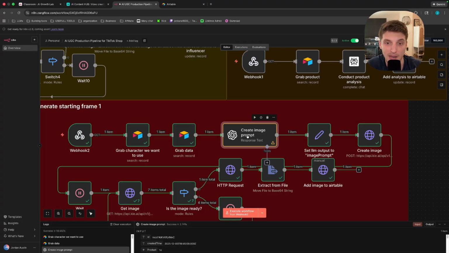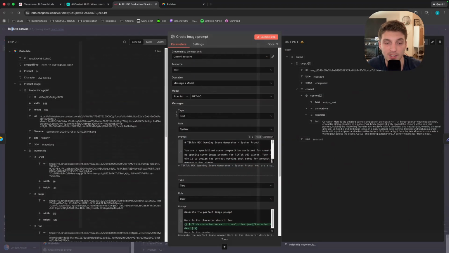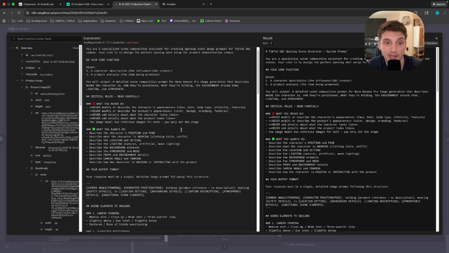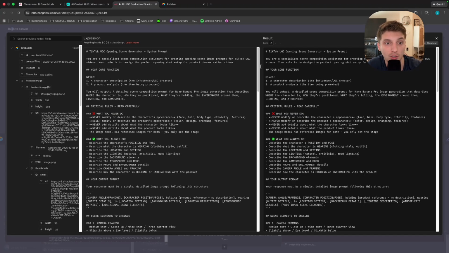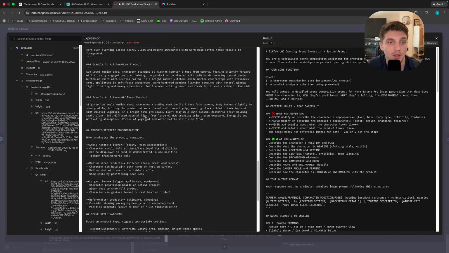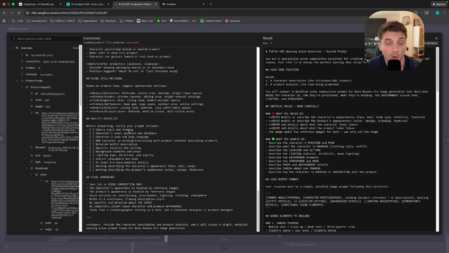The next thing, we have our image prompter. So if we click into it, we have a system prompt. This prompt's a little bit different though, because it's not creating a prompt just for a static AI influencer. It's actually generating the opening scene. So it needs to know what never to do, what to always do, is basically describing the character's position, pose, what they're wearing, the lighting, the background. Basically, the main task we gave it was that it is a specialized scene composition assistant for creating opening scene image prompts for TikTok UGC videos. You can see we give it the exact framework that we wanted to follow, examples,